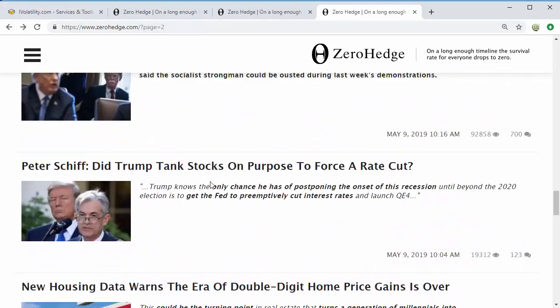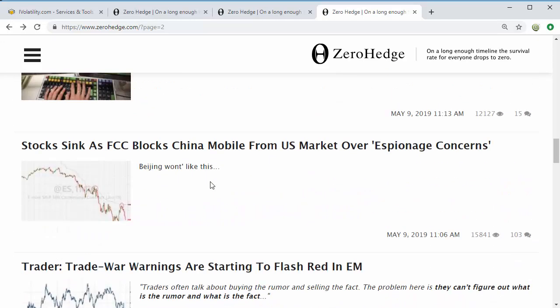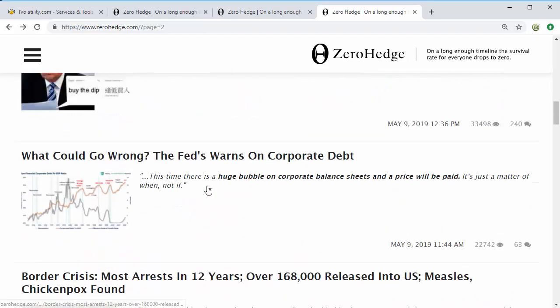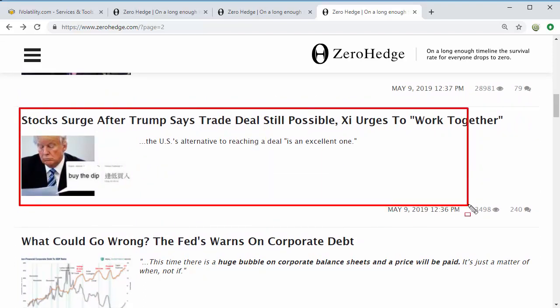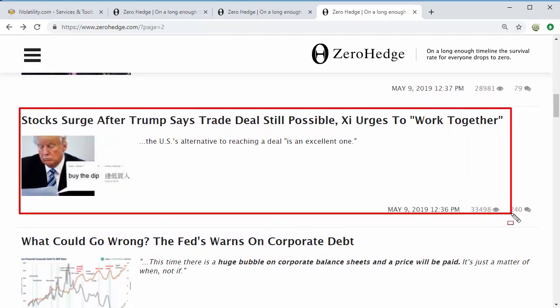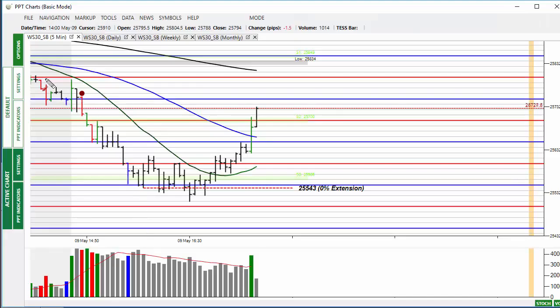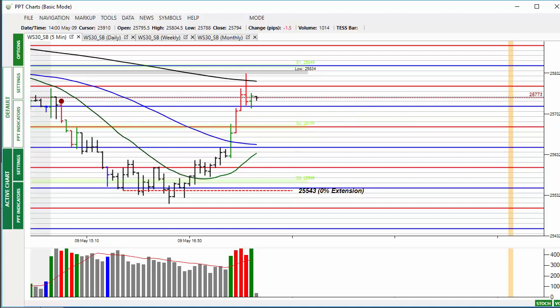You will see as we move higher, it's amazing all it takes to turn these markets around. There's espionage concerns as well with China. And there you go. Stocks surge as Trump says trade deal still possible. So one second there's no deal and the stock market falls out of bed. The next thing Trump sends out a tweet and the markets rally all the way back